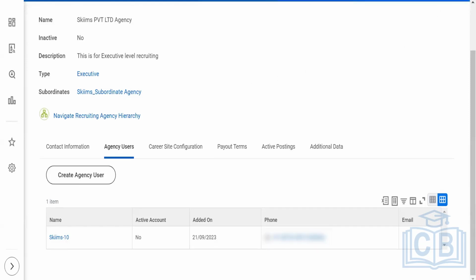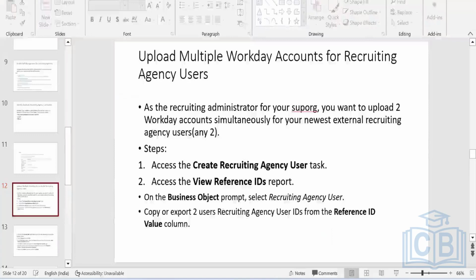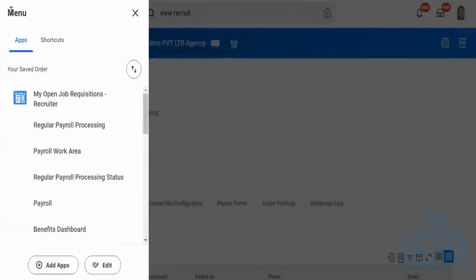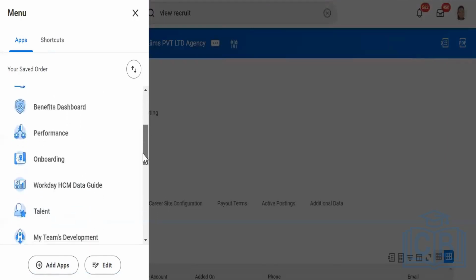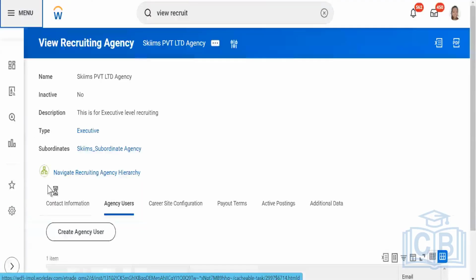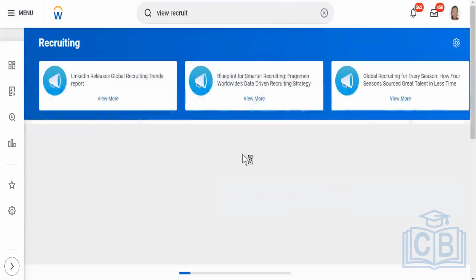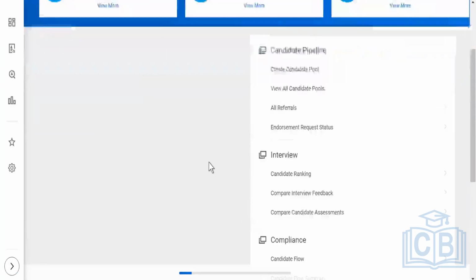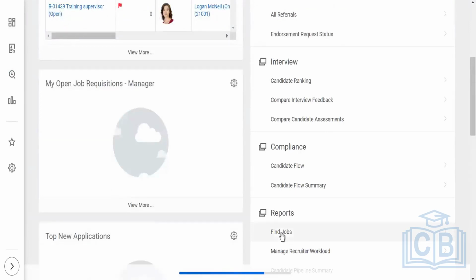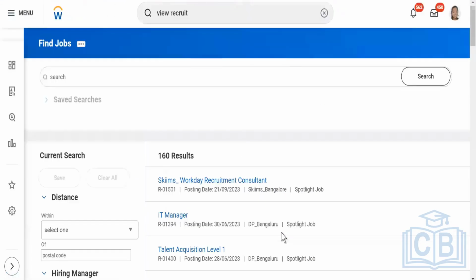And I just wanted to show the worklets. This menu, right? So you see here, we can design this recruiting dashboard. Yes, recruiting dashboard is also there, right? Candidate pipeline, interviews. See, find jobs report. We can click directly from here. We don't need to do any task. Directly we can click on this, so it will come to there. How it has populated,